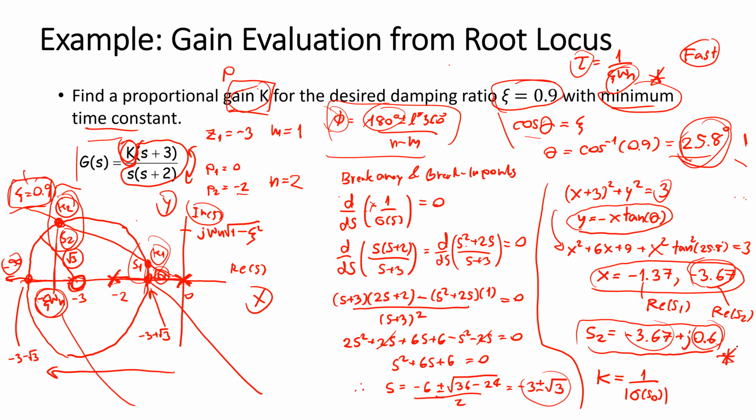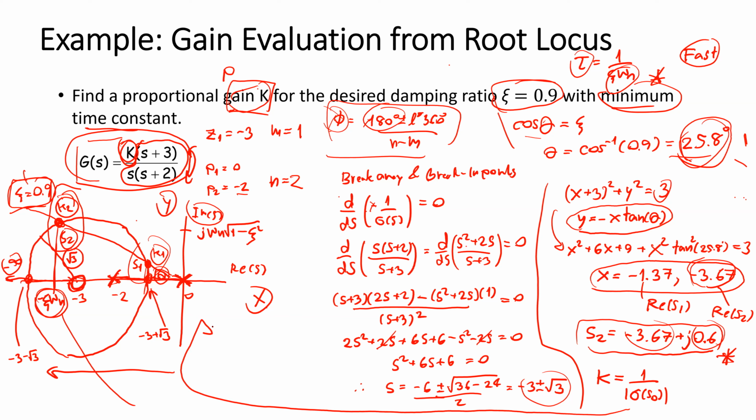The gain K at this point. And we need to come back to the open loop transfer function. 1 per G open loop magnitude